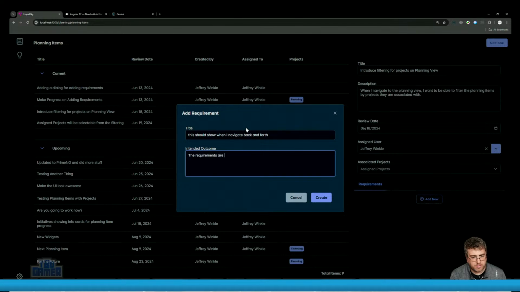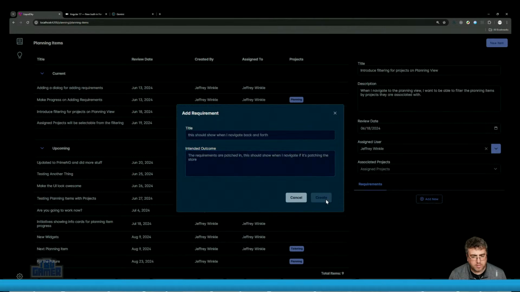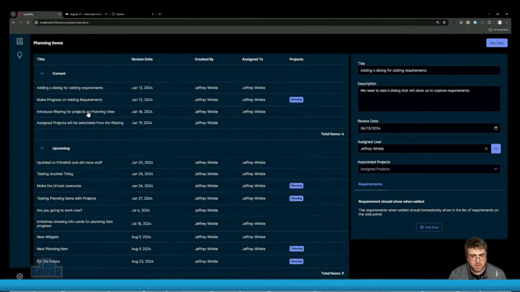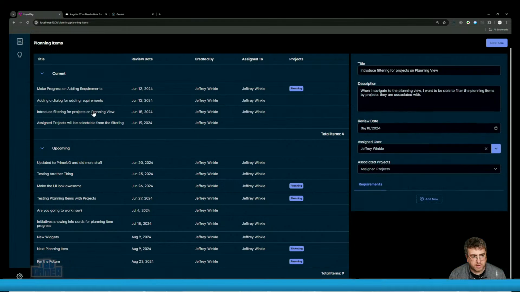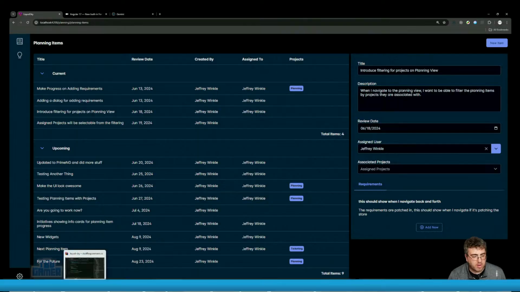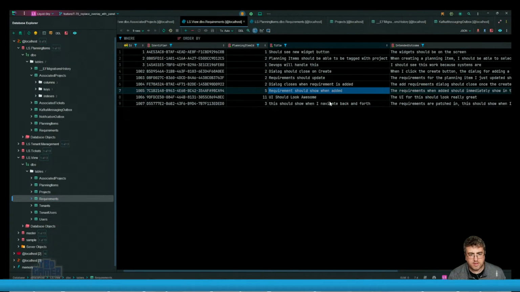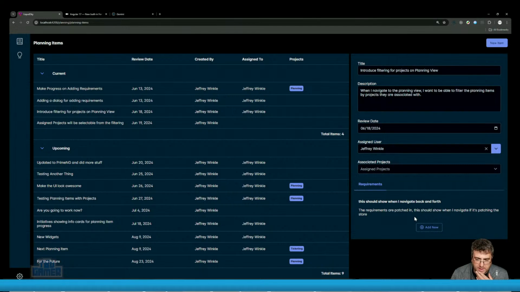The requirements are patched in, so it should show. Right, so if I do that and then go back, no, it's not doing that, is it? Now that's there because it's here. Because this is loading on demand when I click back and forth, which probably now isn't right, because load detail will always